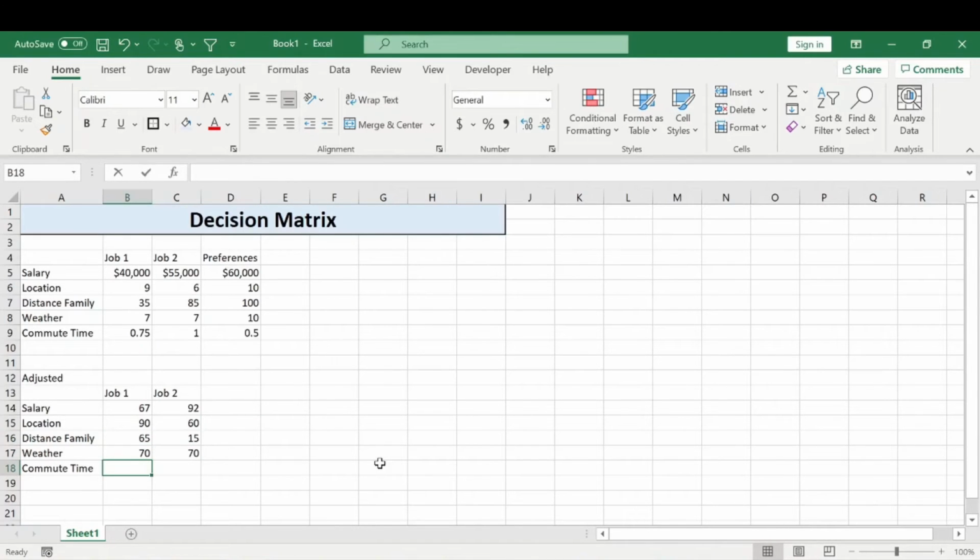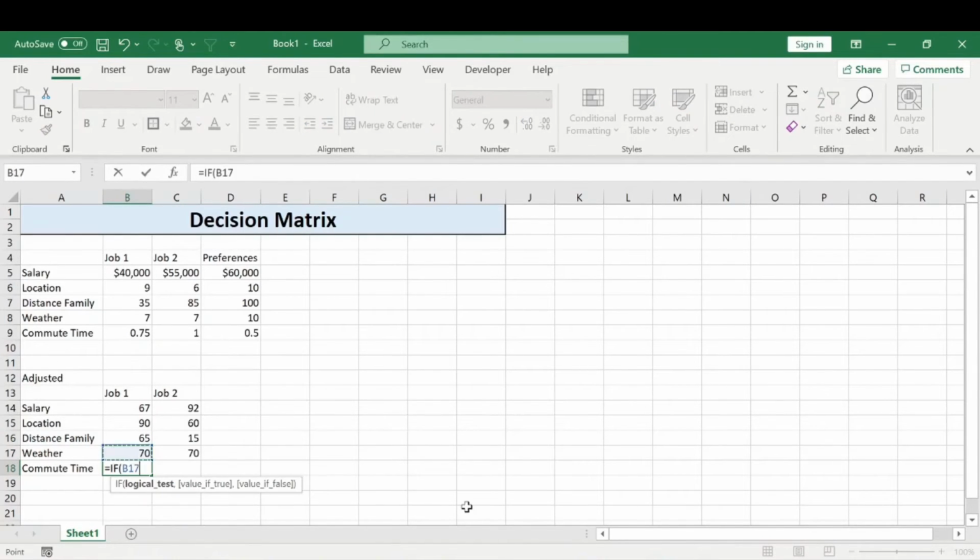All right, so then for commute time, we're going to just use a simple if statement, and we're going to say, well, hey, the commute time, if that is greater than our preference, then we want to give it a 0, because honestly, we really don't want anything greater than those 30 minutes it takes to drive to work. But if that's not true, if our rating is less than our preference, then we're going to do the same thing we did